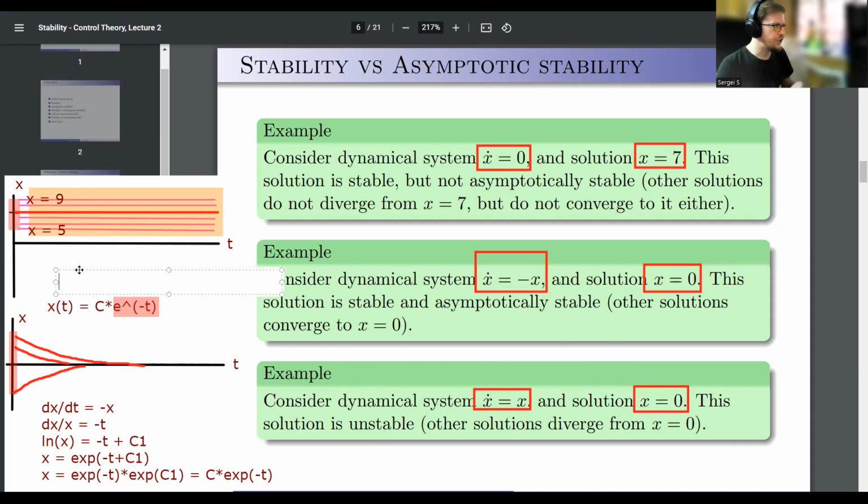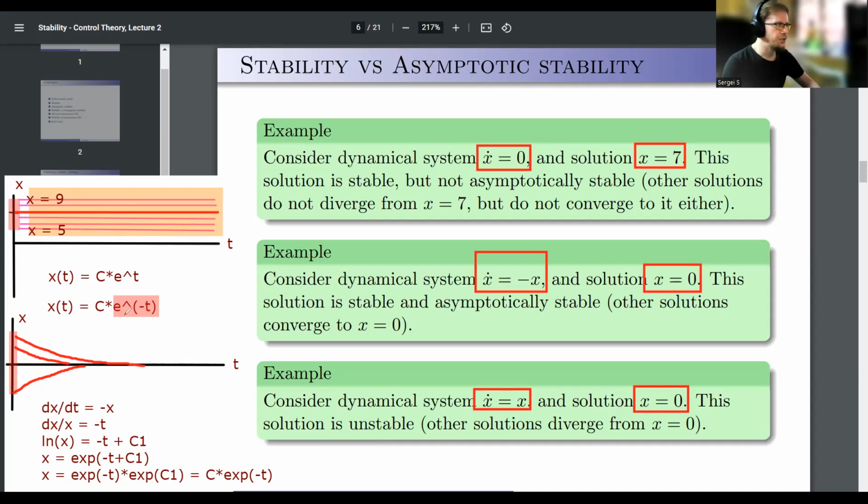Well, the solution to this equation can be written as x of t equals c times e to the power t. That is a solution, and it means e to the power t goes to infinity if c is positive. If c is negative, it goes to minus infinity. So solutions in this case would behave,